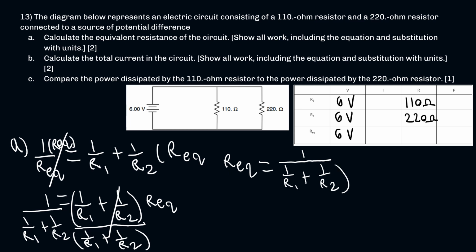R2. An easier way to write this out, which is the way I tell you guys to write it in class, is my equivalent resistance, REQ, is equal to 1 over R1 plus 1 over R2 to the negative first power. So now I can plug in with units and get my answer. So I have here REQ is going to be equal to